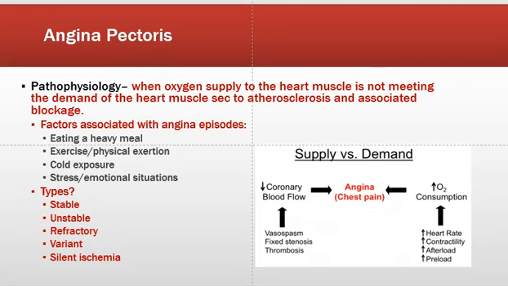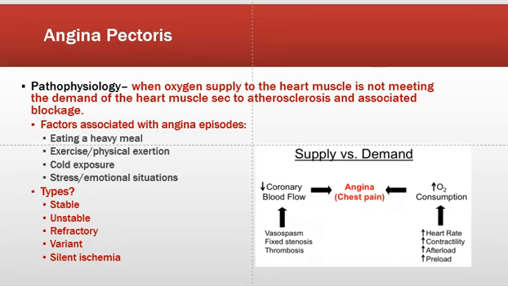And there are several different types as listed here. You have stable, which is a predictable and consistent pain that occurs with exertion and is relieved by rest, plus or minus a nitro sublingual tablet. Unstable angina, where symptoms increase in frequency and severity, occur at rest, and may not be relieved by rest and nitroglycerin. Refractory, severe incapacitating chest pain, which means you're probably, until it's diagnosed as acute coronary syndrome or MI, that's